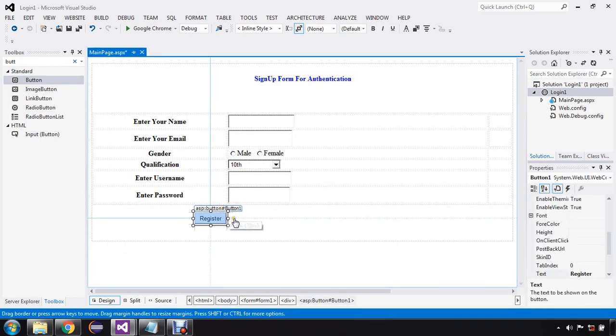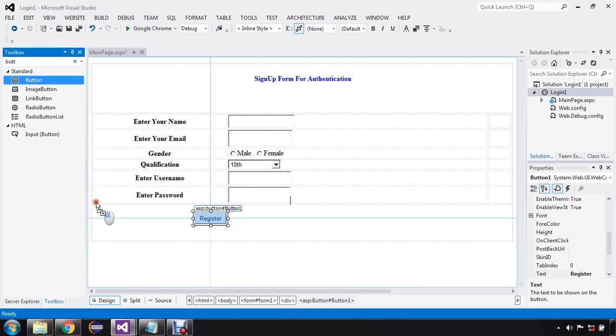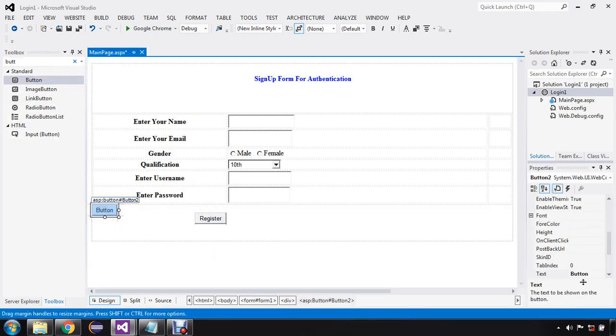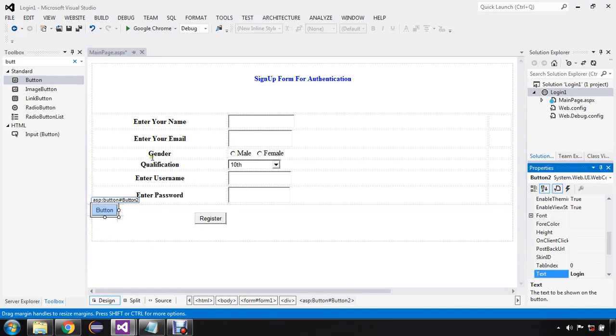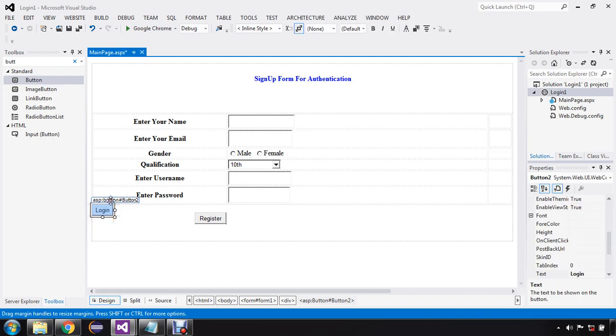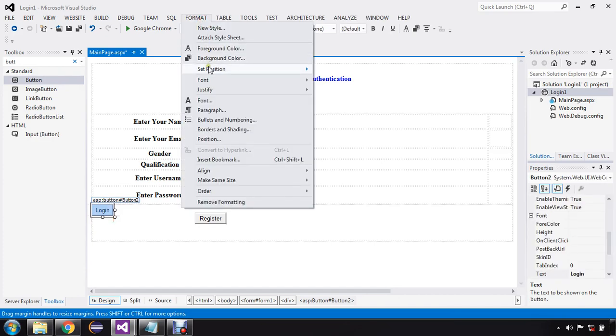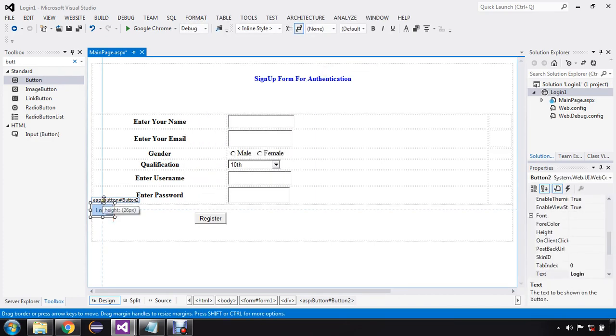Okay. I want another button for login, so I'm renaming it as login. Make it adjustable: select this control, go to format, set position and absolute.